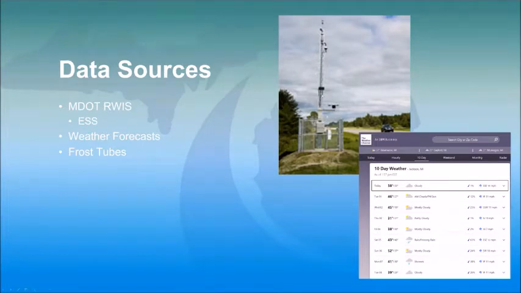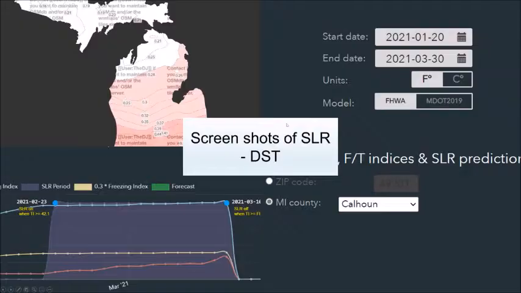And this decision support tool then serves as a gathering place or consolidator of all these various data sources. So on the screen right now are some screenshots of our seasonal load restriction decision support tool app. The upper left-hand corner is a plot, a map of Michigan, that shows the degree of SLR completion, or seasonal